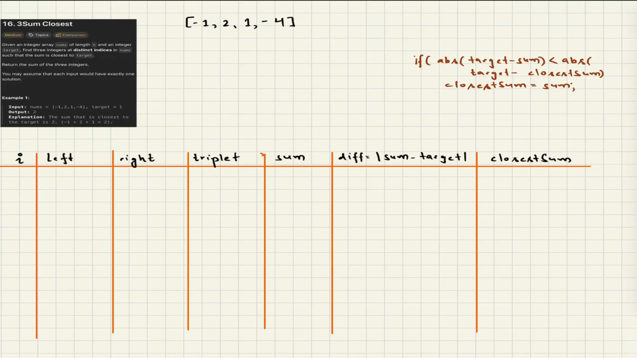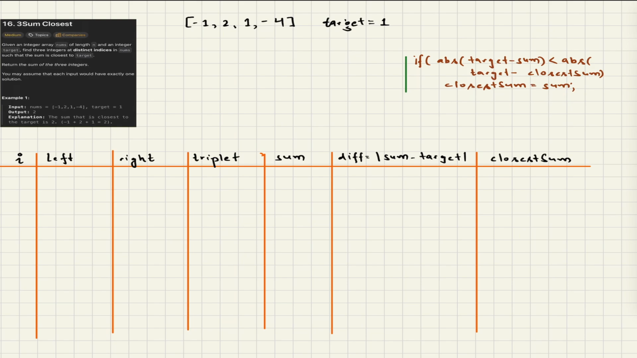Hi everyone, this is LeetCode problem number 16, 3 Sum Closest. Again, we are given an integer array of length n and a target. Let me write target equals 1 over here. Now this is exactly like the previous problem, except that instead of returning the triplets we would be returning the